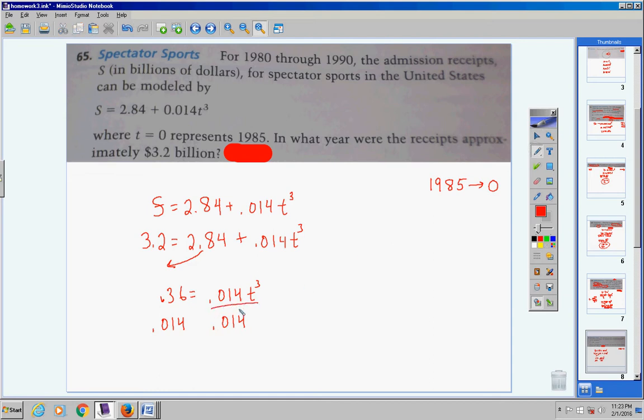So we're going to divide both sides by 0.014. These cancel, leaving you with t cubed, and 0.36 divided by 0.014 gives you 25.71429, rounded correctly. Now, we have t cubed. We're solving for t, so we're going to take the cube root of both sides. The cube root of t cubed is t, and the cube root of this number here would be